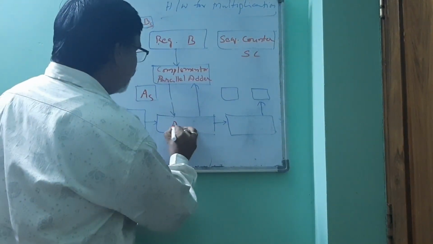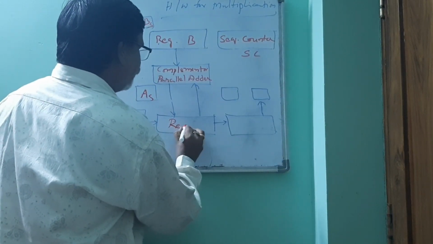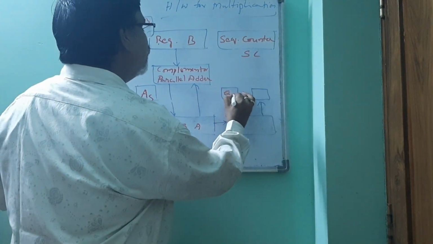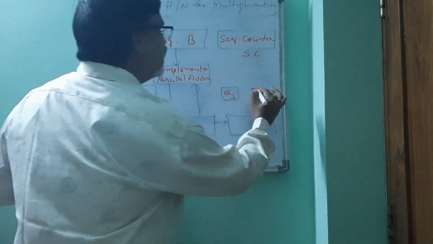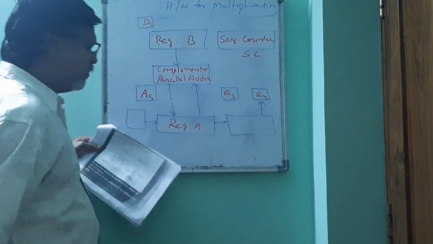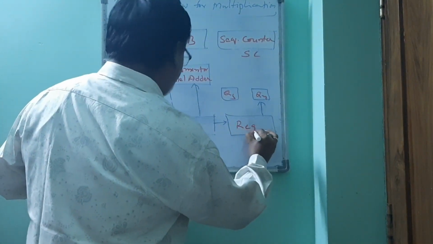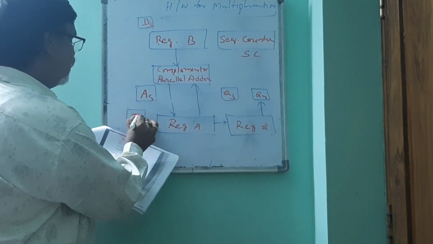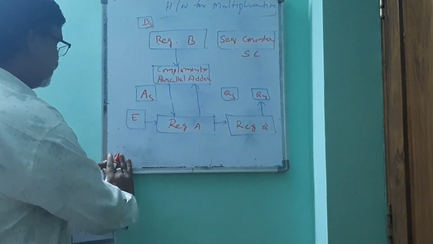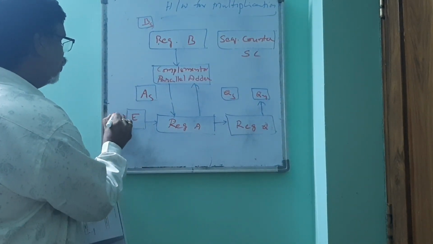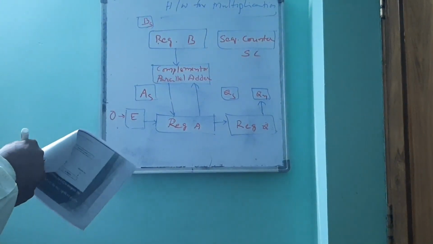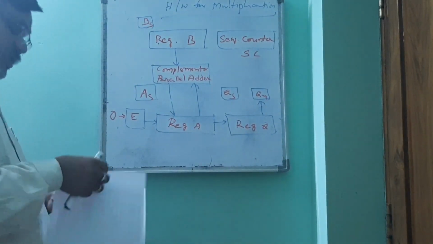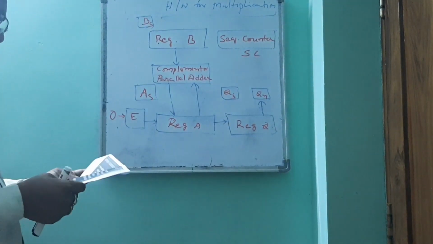So here register A, then here QS, so what Q is I will tell you later, and here we will have QN, and here we have register Q. So here this is a special register called E. Initially we will send a 0 to E. So this is the hardware implementation of your multiplication algorithm. But how it is going to work out, we will check it out.